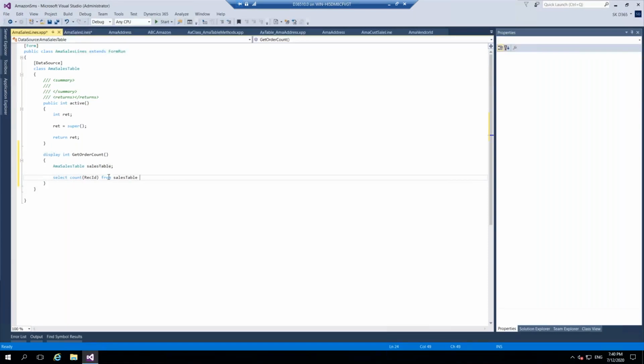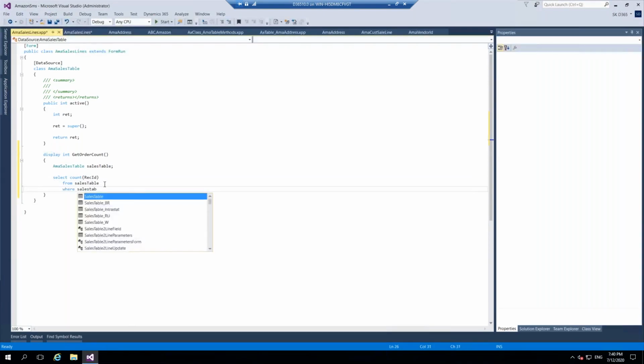Here, let's say if you want to get the invoice, you can select where sales table dot